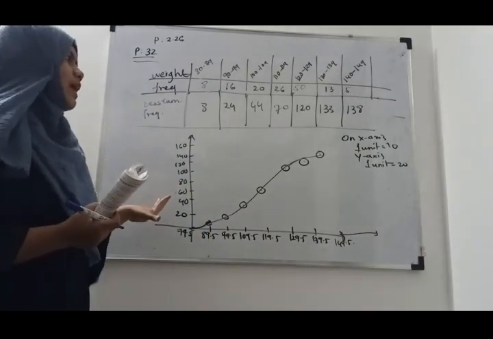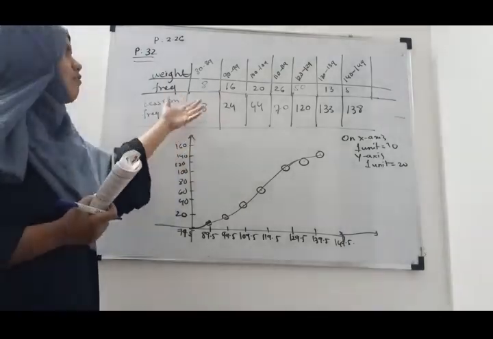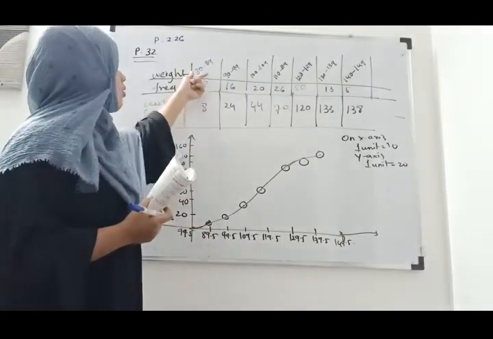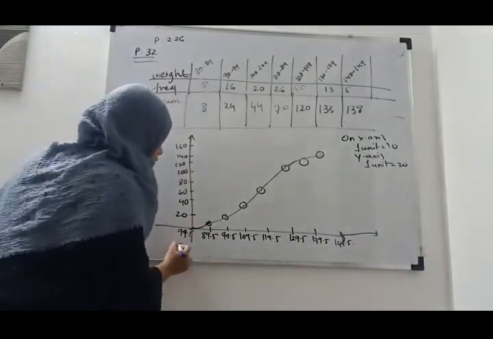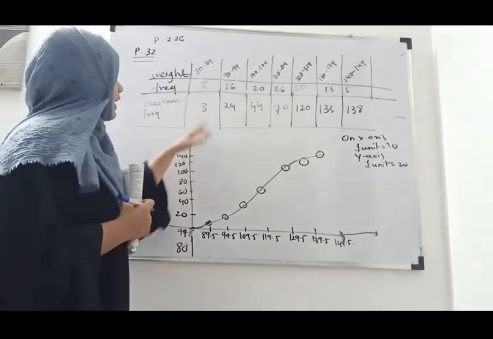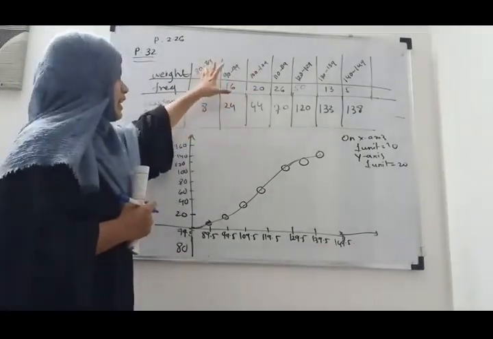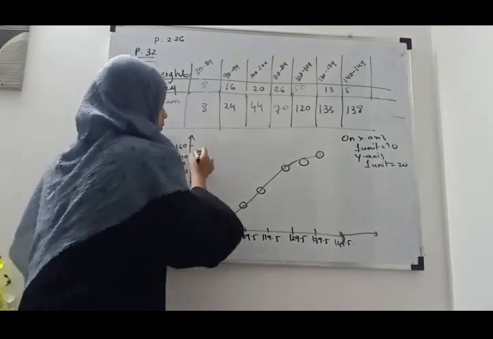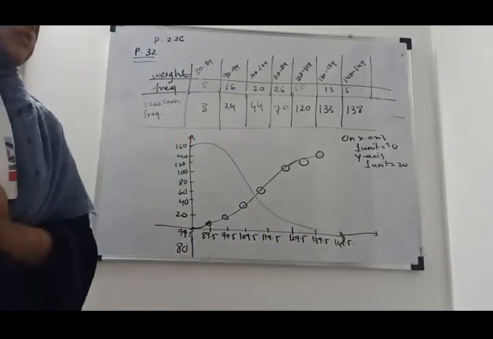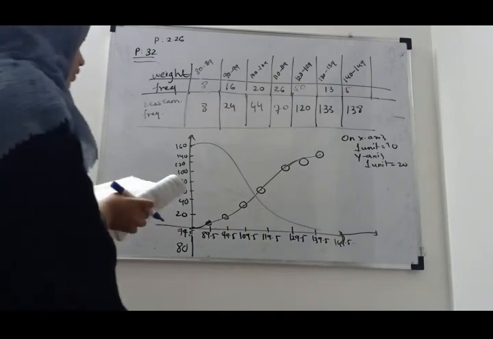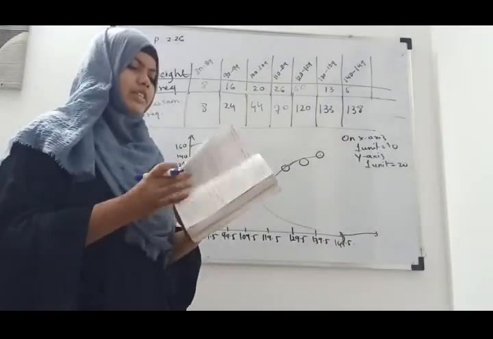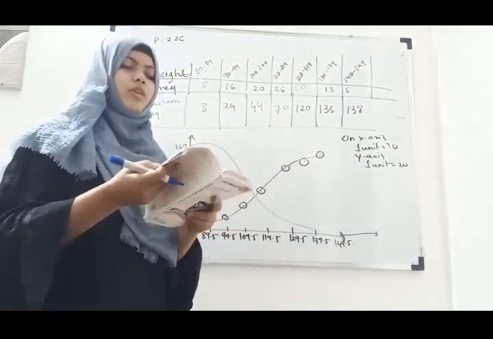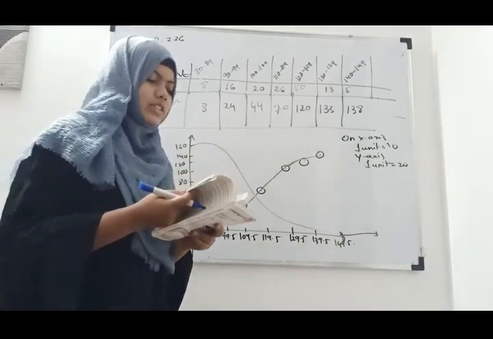In the same manner you have to draw the more than frequency curve by taking the more than cumulative frequency, and there you have to take the lower limit as 80. Start from 80, then 90, with class boundaries 80.5, 90.5, 100.5 like that, and the graph will be like this. This is for your homework. So this is about the chapter frequency distribution. Try to solve more and more examples based on graphs. If you have any query, you can mail me. In the next class we will start with the next chapter.